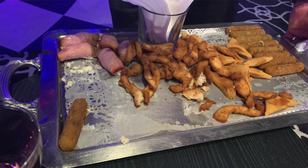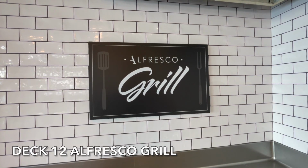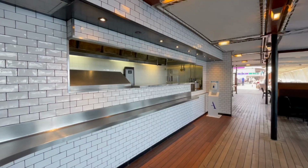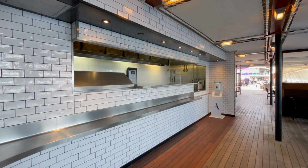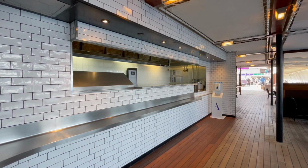In order to sort of prepare myself for not having any food, we thought, right, let's go up to the alfresco grill on the pool deck and order some pizza. Yeah. Because I quite like cold pizza. Take it down to the room, and then I've got something to eat when I get back. Even though we are sailing a British Isles cruise, it's still open. So we managed to order a few slices of pizza, and we took them back to the room